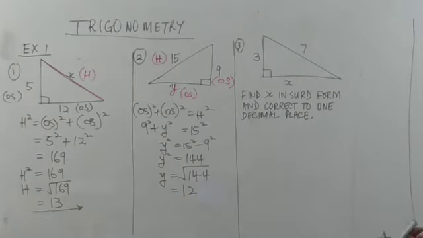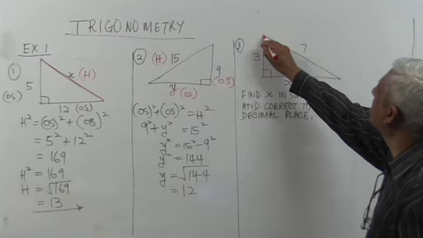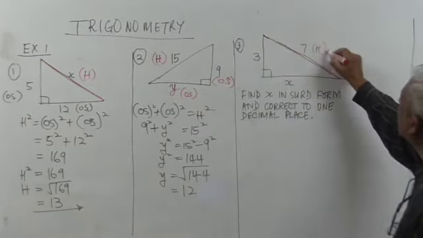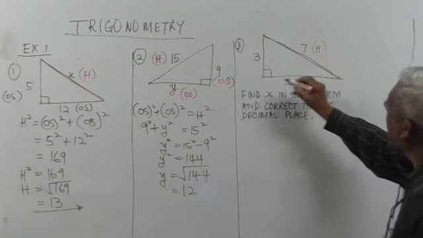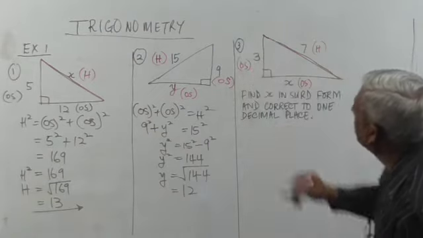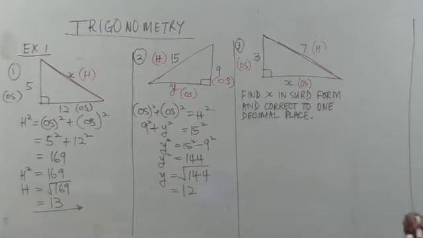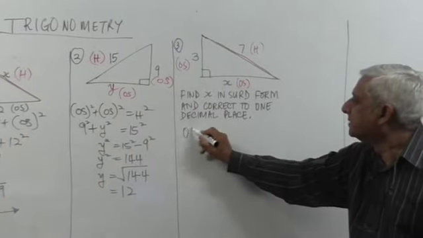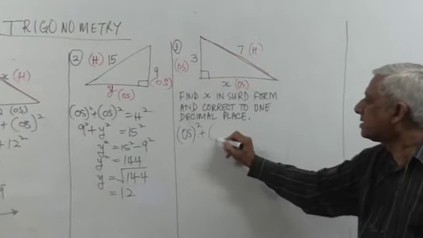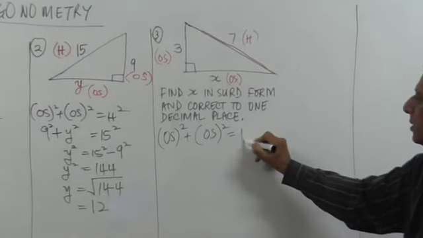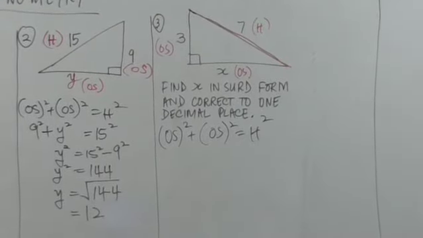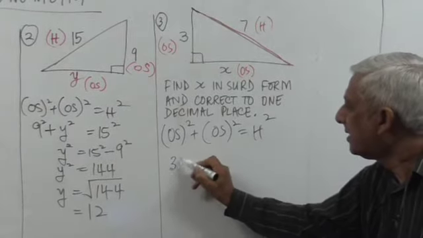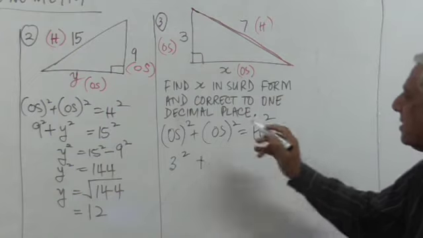Once again, that's your hypotenuse, and this is the other side, and this is the other side. So you are actually trying to find the other side. So it's best you start with other side squared plus other side squared is equal to hypotenuse squared. So if we start here, we got 3. So this will be 3 squared, plus